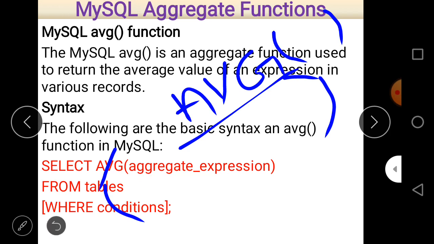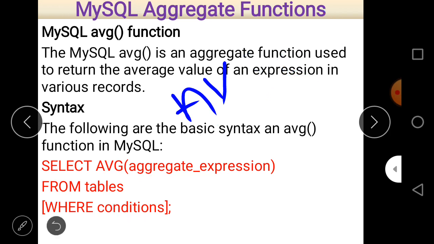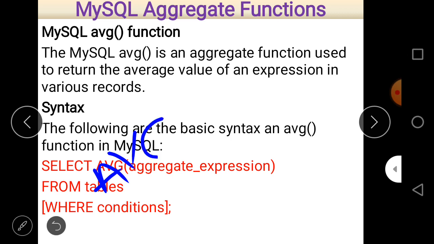For example, if I want to calculate the average of 1, 2, 3, then you just write AVG and then 1 comma 2 comma 3.